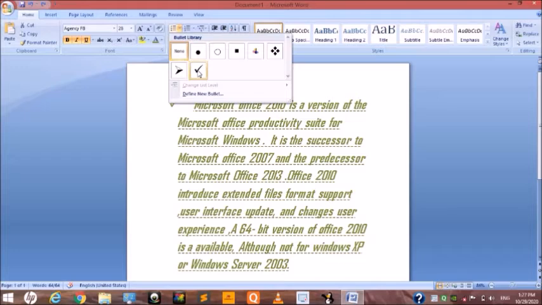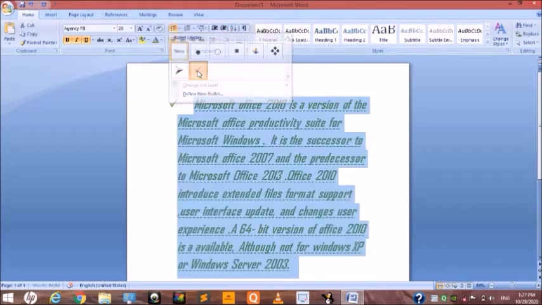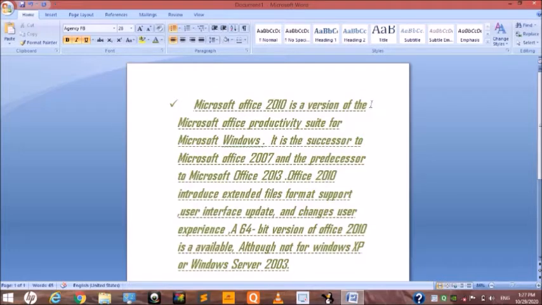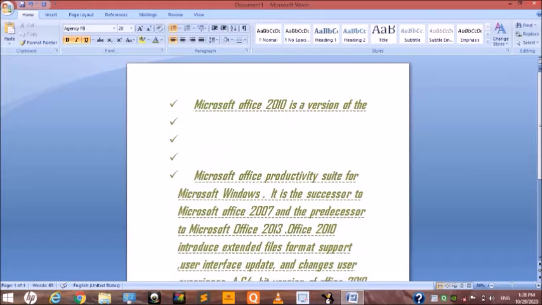When we select a suitable symbol, the symbol appears at the insertion point. Also, when we press the Enter key, it adds the next item in this way. So in this way you can add the number list and the bullet list, ordered list and unordered list.